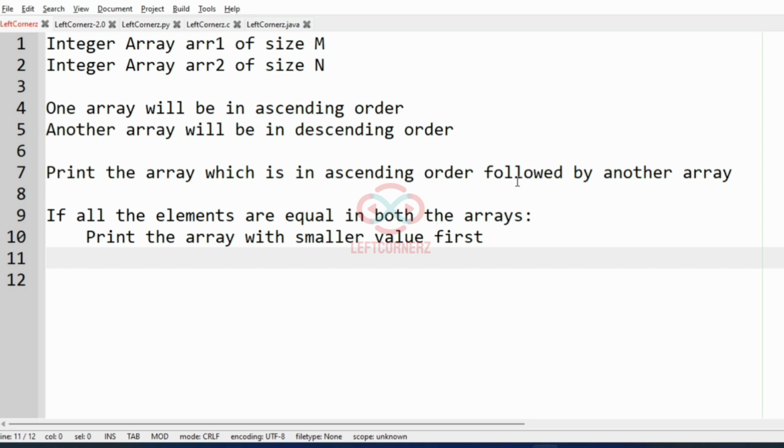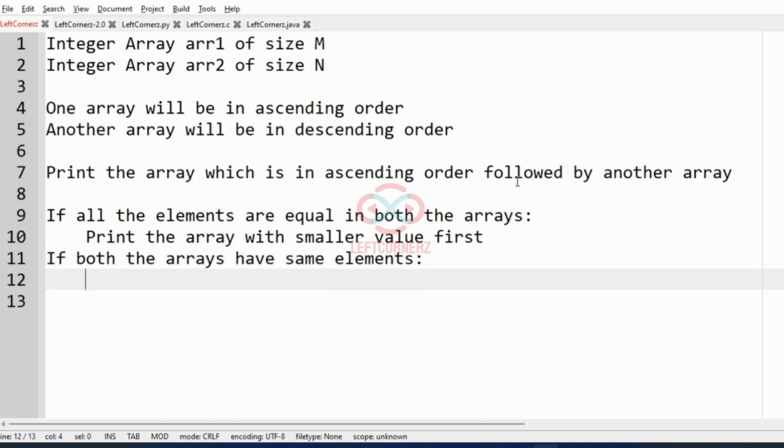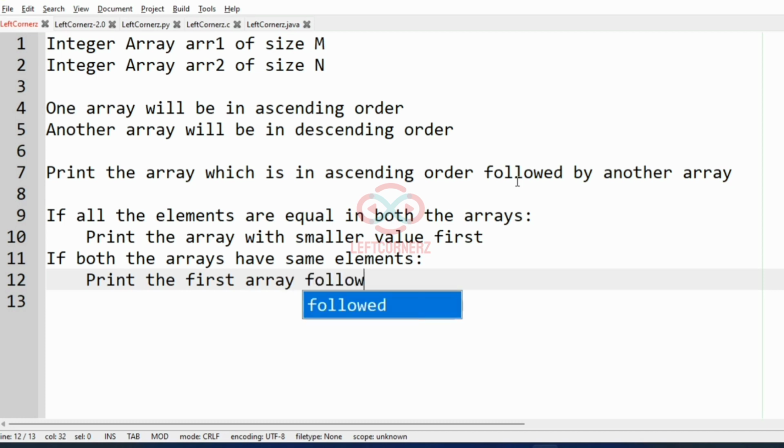Okay, then if both the arrays have the same elements, then we have to print the first array followed by the second array.